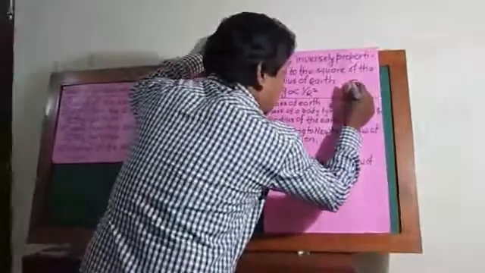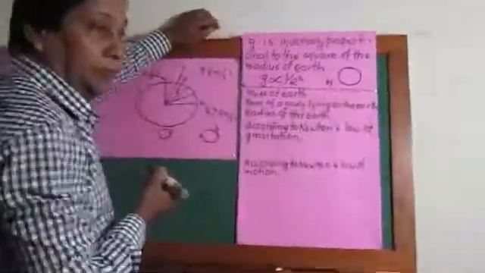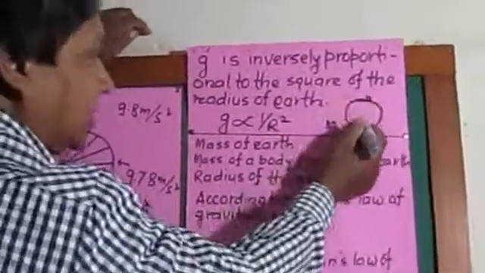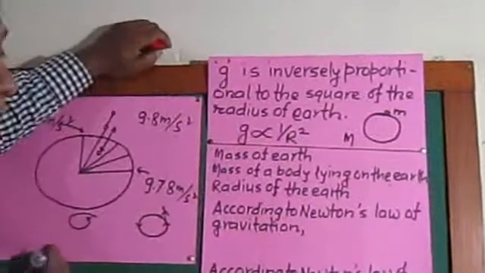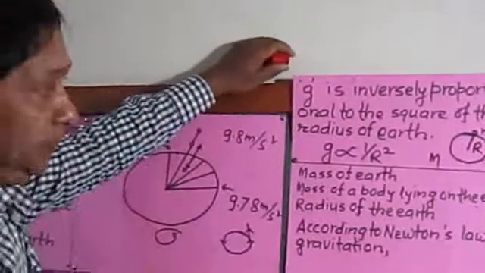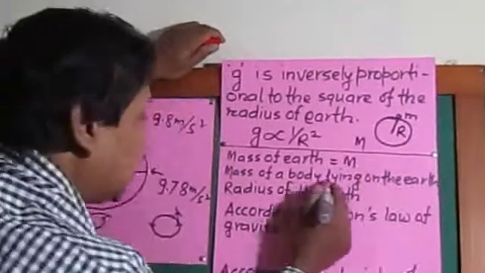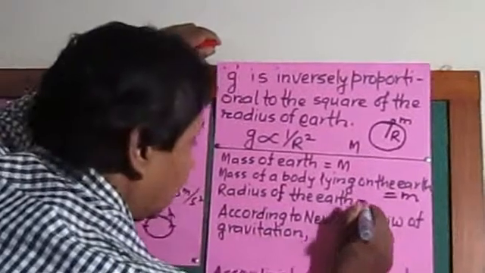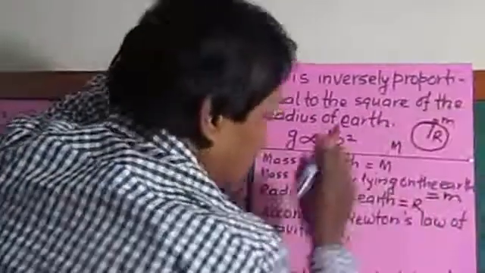Look at this. Let's say this is the earth and its mass is denoted by capital M. And there is a body lying on its surface. In comparison with the earth's mass, the mass of this body is very small, that's why it is denoted by small m. And let's say this is the radius of the earth, denoted by capital R. Now I am writing the same. Mass of the earth, capital M. Mass of the body lying on the surface of the earth, small m. Radius of the earth, capital R. After this was symbolized, now,